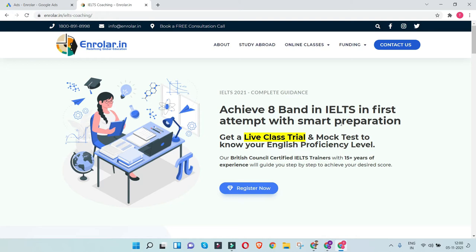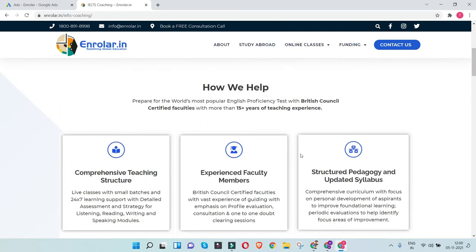And interest, so there is a live class trial, there are mock tests, and you get trainers who are British Council certified, and they are also experienced faculties with 15+ years of experience, and it's a step-by-step structured course that is going to help you prepare better and crack it in the first attempt. That's what we are trying to pitch over here.